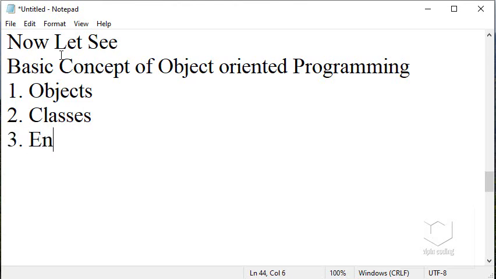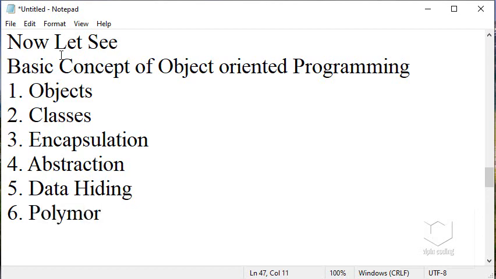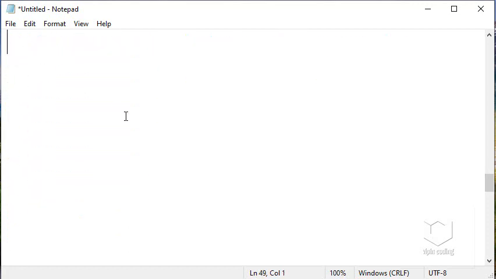We have already discussed these things above. Number three, encapsulation. Number four is abstract. Number five is data hiding. Number six is polymorphism. Okay, and number seven is inheritance. We will discuss all these concepts one by one in detail. Okay, now